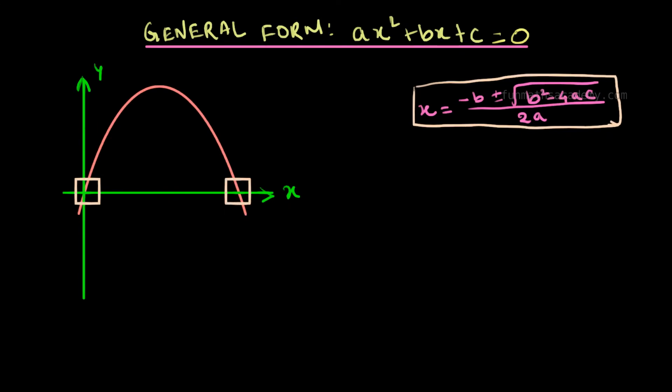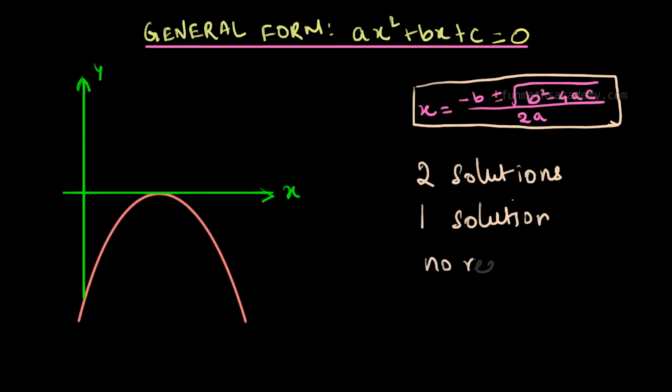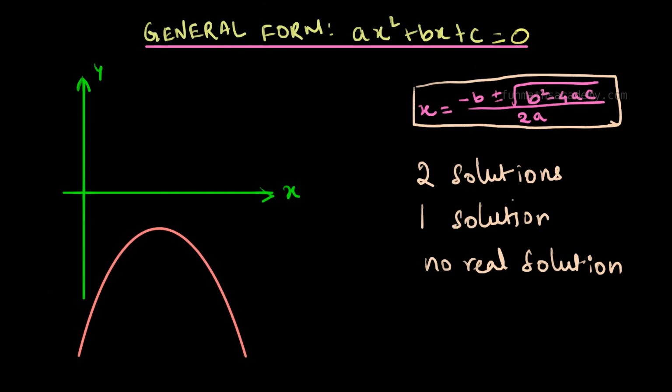Remember the cricket example I mentioned in the beginning of the video? These 2 points denote the position of the ball when it comes in contact with the bat and when it comes in contact with the floor. We saw that we get at most 2 solutions for any quadratic equation. That is, we might get 2 solutions or 1 solution or even no solution for that quadratic equation. It is not necessary for us to solve the quadratic equation in order to find what kind of solutions we will get for that equation.